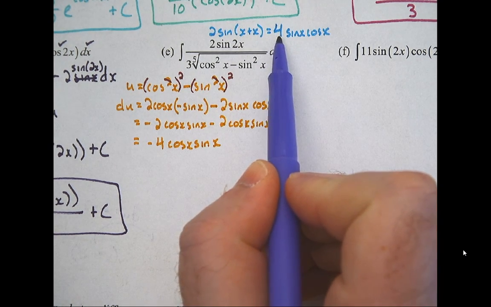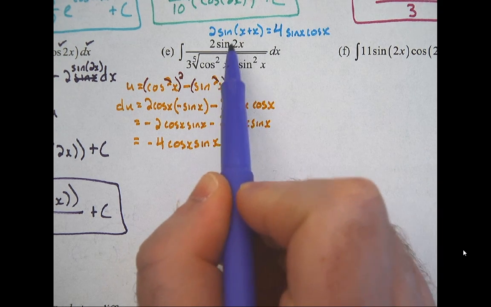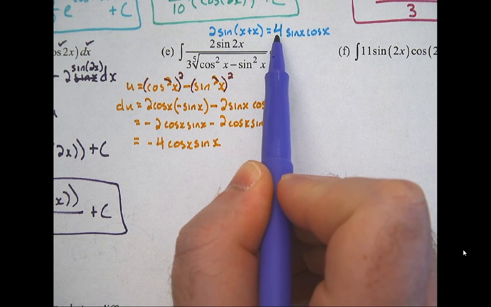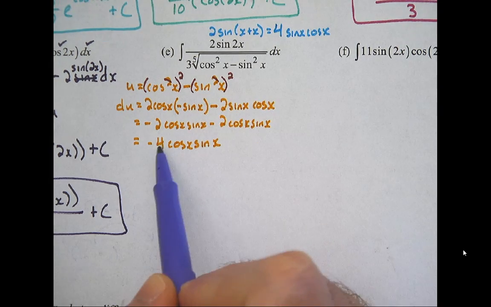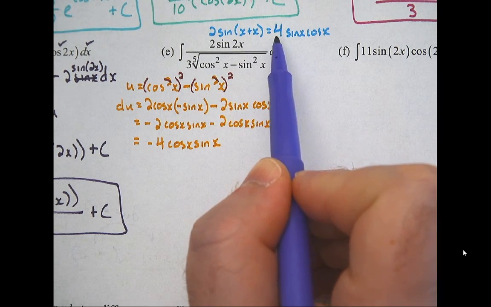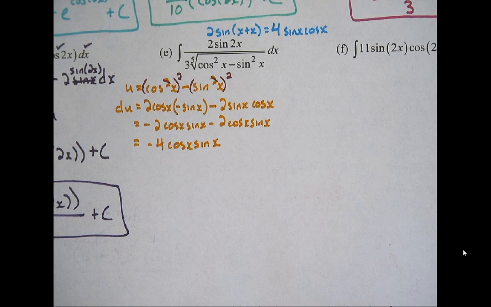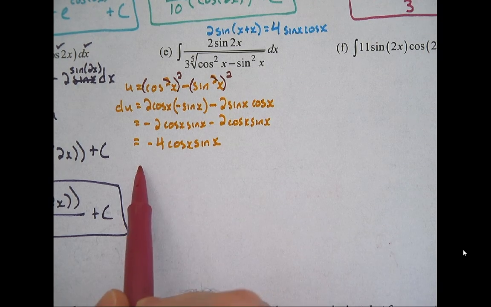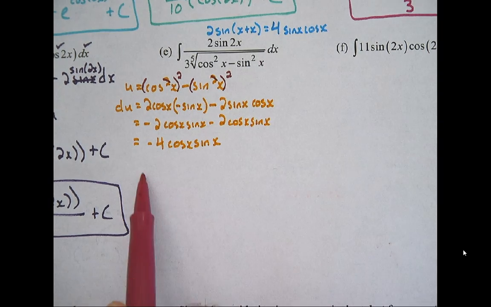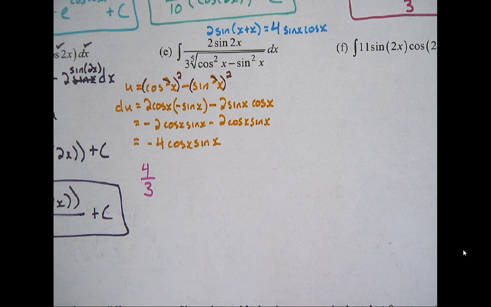So I've got 4. Okay, any constants. I'm going to leave. I know I'm going to need it later, but I'm going to take it out right now. So any constants, yes, I got 4 and I've got 3. So I'm going to take out the 4 and I'm going to take out the 3. 4/3